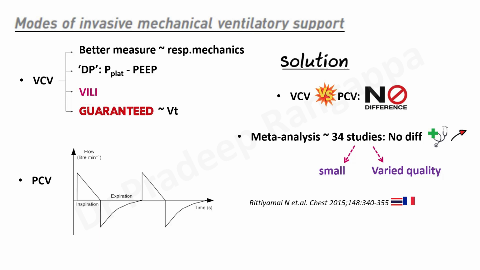So as of now, the solution for this question, or challenge, of which mode: either mode you can use, but most of the clinical studies are done with volume controlled ventilation. So there is sort of a leaning towards usage of volume control. Pressure control is something that one could use in certain specific subgroups of patients, especially when there is a barotrauma or bronchopleural fistula, so on and so forth. In that situation, one could consider it, but with regards to evidence, there's no difference with either of these modes. So that's an answer for that.